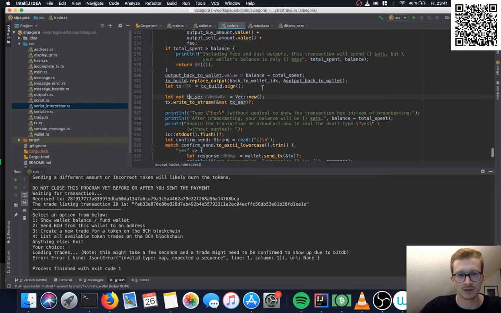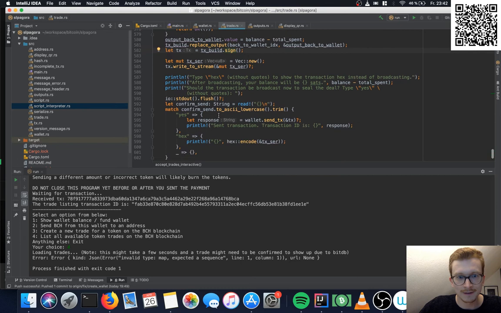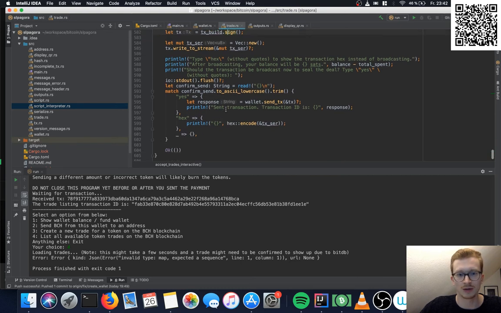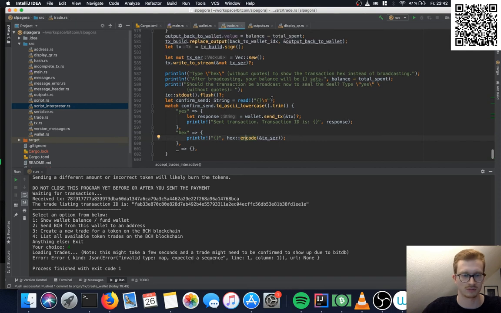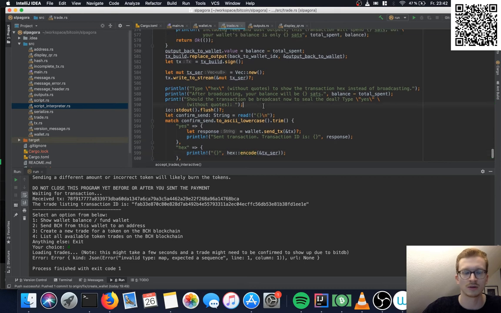Then we'll sign the whole transaction for real, and then we will either send the transaction or we will encode it and print it on the screen, because maybe the user wants to inspect it before sending it manually via a transaction broadcast tool.